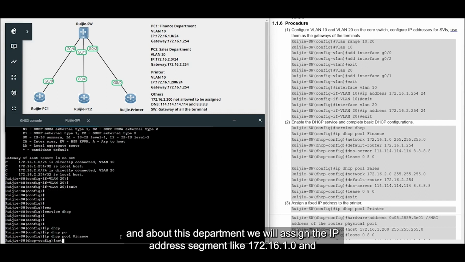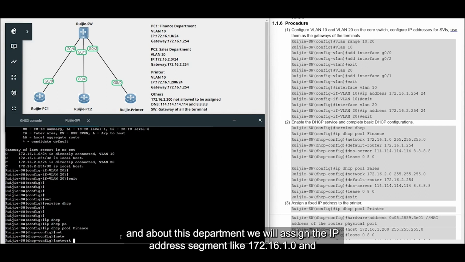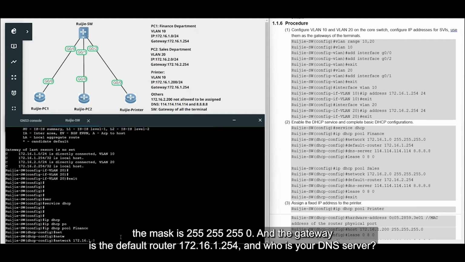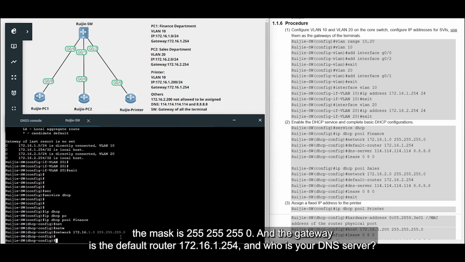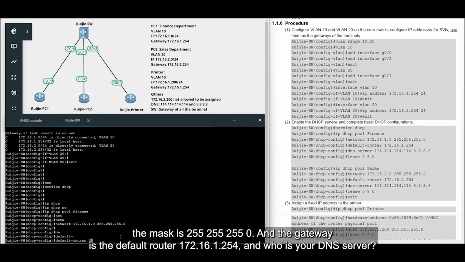For this department, we will assign the IP address segment like 172.16.1.0, and the mask is 255.255.255.0. Yes, and the gateway is default router